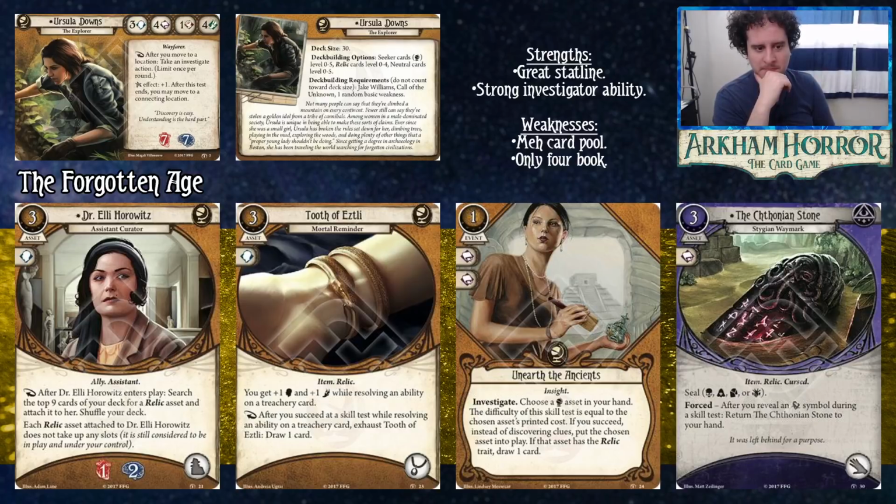Now, the Tooth of Etzli is a 3-costed item asset that just gives us +1 brain and +1 foot while we're resolving abilities on treachery cards. And after we succeed at one of those skill tests, which we probably will because we're at 4 and 5 respectively now, we get to exhaust it to draw a card. We got Unearth the Ancients. This card is like kind of not good,